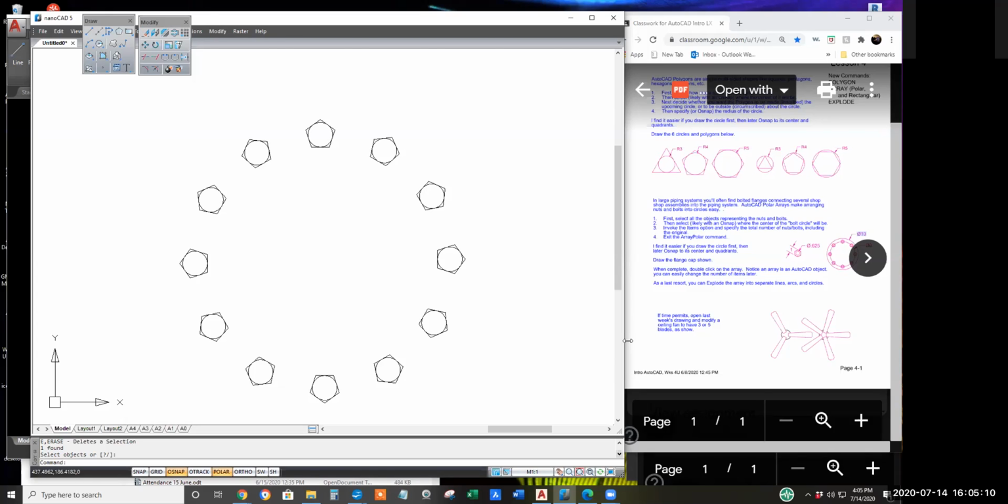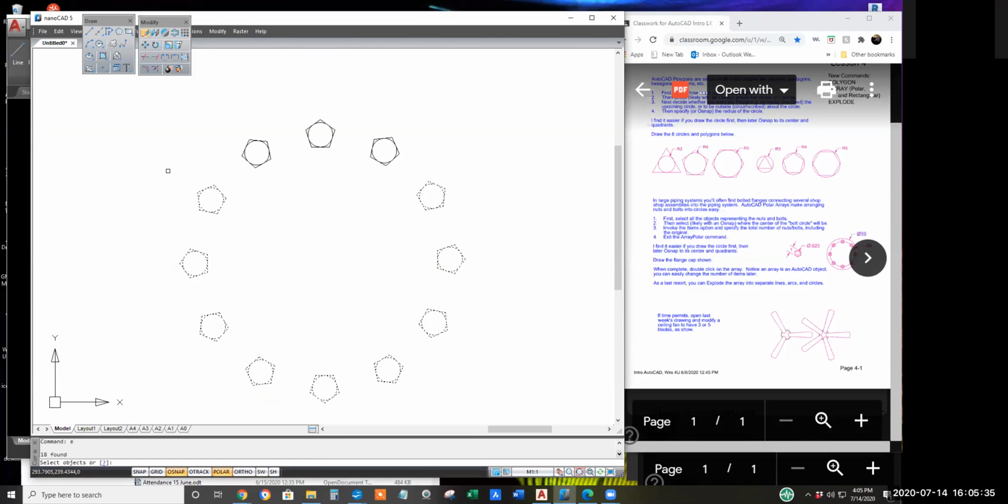Can I show you anything again, Aaron? Yeah, I'm actually at the point where you have the circle inside of the hexagon. Right. I just got to the point where I have the window open for array, and I just selected polar array.